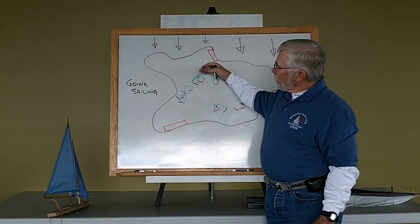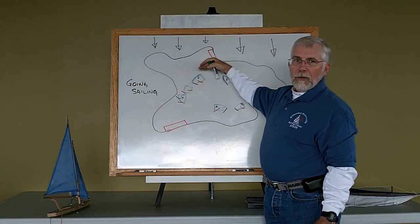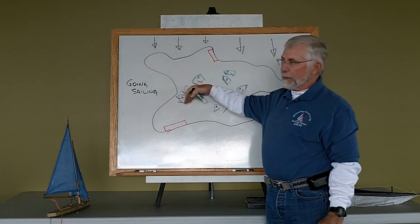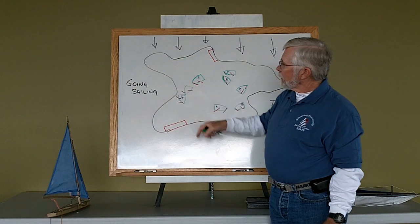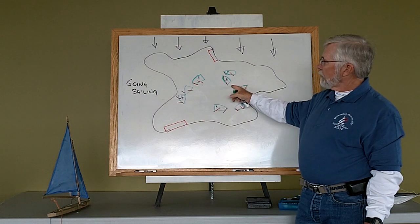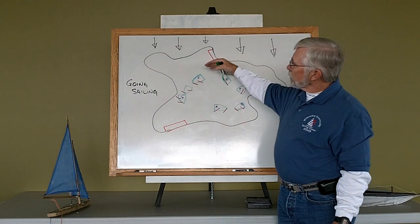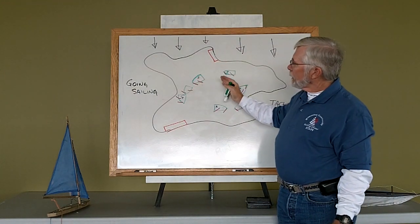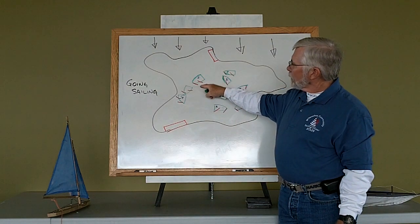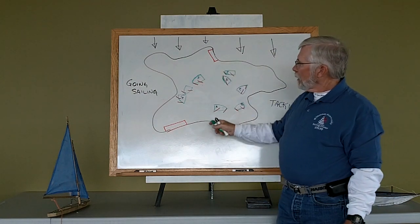And the act of going from being at this point of sail, turning further down, we call falling off. Bearing away, turning away from the wind, falling off from the wind. The wind is still effectively coming across that corner, but they've fallen off. Boat D could do the same thing to get to the position that boat F is in. Boat D could just turn the boat down away from the wind and fall off away from the wind, and the sails are still over their port side, they're still on a starboard tack. But at this point,